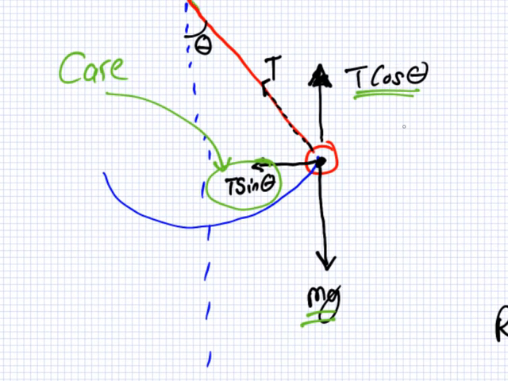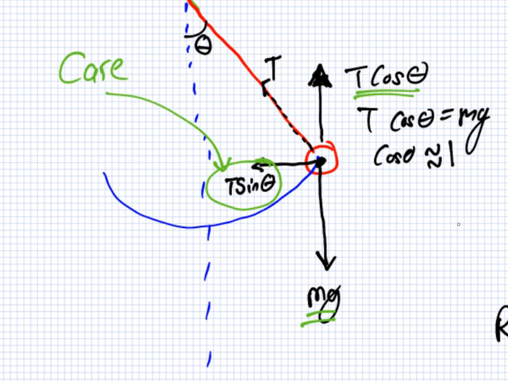Back to here. So we know that T cos theta should equal mg. We okay with that? And we know that cos theta is roughly 1. So that means T is roughly mg. That's okay. Now if I look here, you have the force to the left